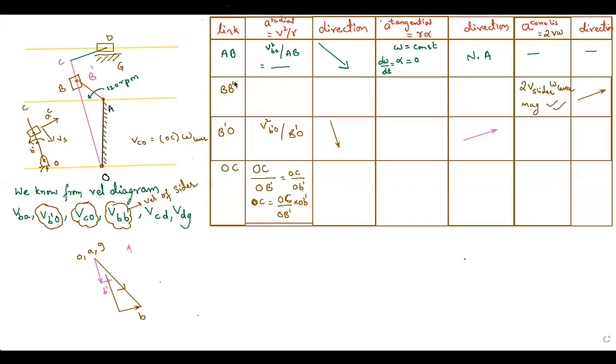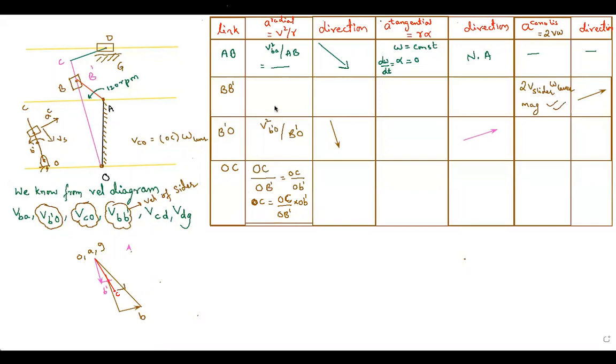So where will that lie? That will lie on this line, which I'm going to draw right now. I'll use a red color to draw it. So we see that O, B dash, C are on the same line. So O is here, B dash is here. So C should lie somewhere on the same line at some distance, right, downwards. So that is the value of C. That is the point C you will get from here. So then I will name it point C. So without doing any calculation like radial or tangential or Coriolis, we got point C just by using this rule of ratios.